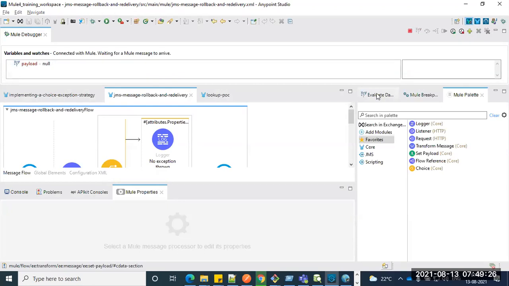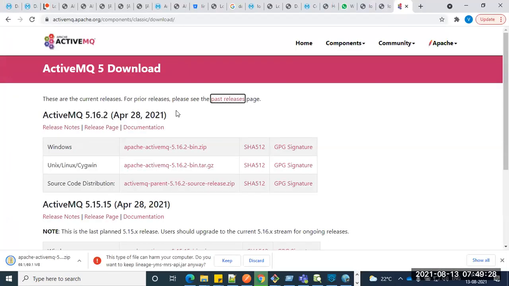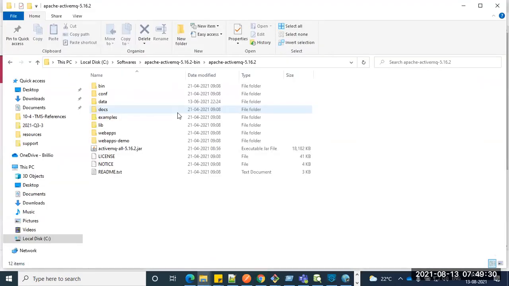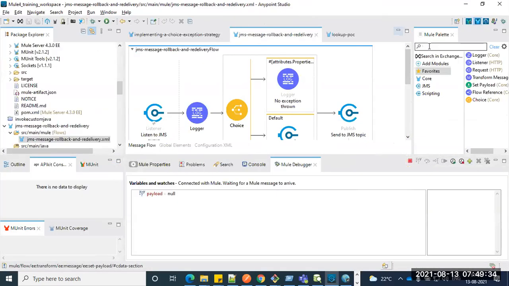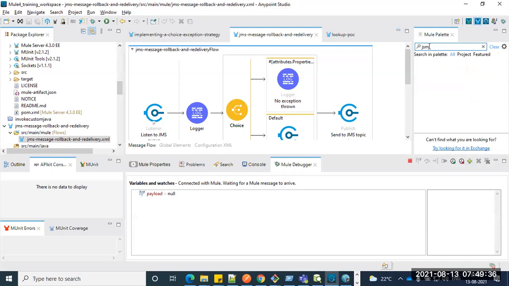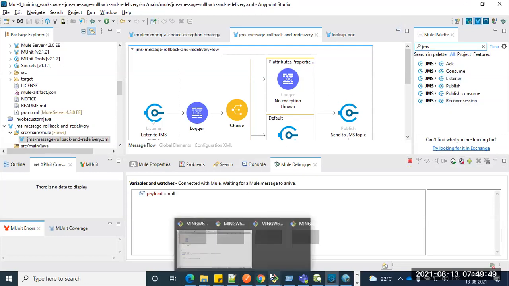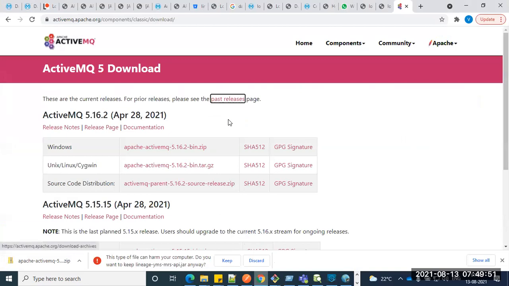Here we use ActiveMQ as a server, but coming to MuleSoft, from the Mule side, the client component is nothing but JMS. By default it is available, guys. Here are the JMS operations. You can see there is consume, listener, publish, right? Publish and consume. So what we are trying to do is first set up ActiveMQ, the backend, on your local machine.